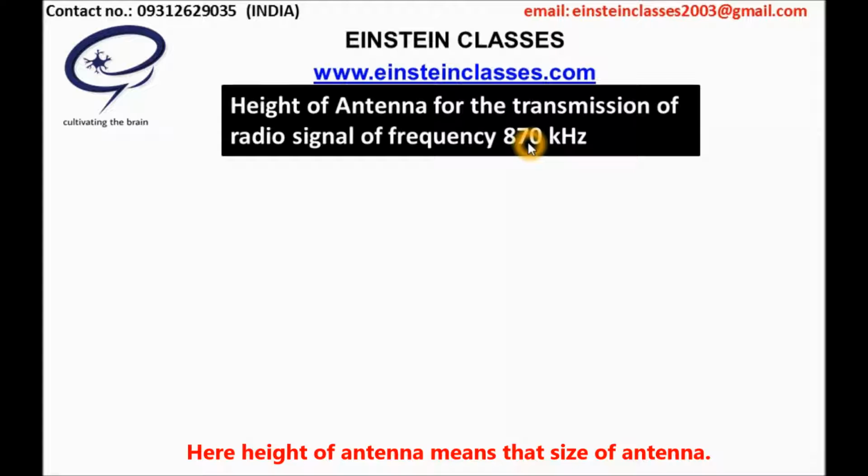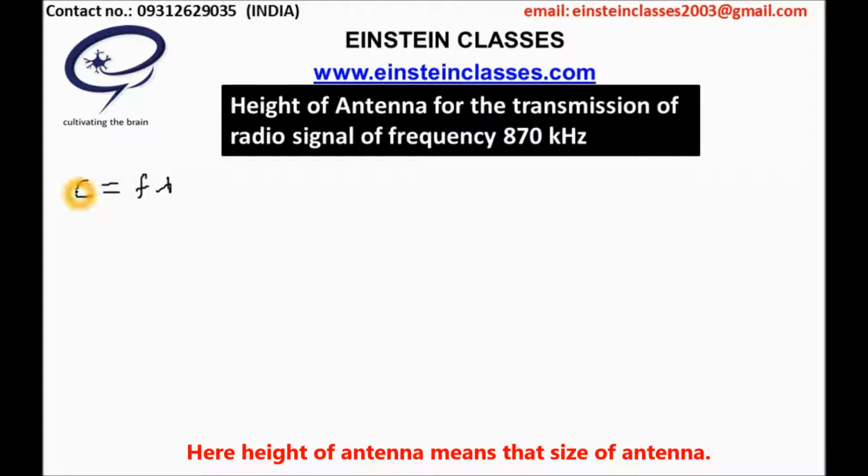To find the wavelength, we have to use the concept that the velocity of a wave equals the product of wavelength and frequency of the wave, right? C equals f lambda. C is the velocity of the radio wave, which will be 3 into 10 raised to the power 8 meter per second. The radio wave is one of the electromagnetic waves and it has the same velocity as the light wave,